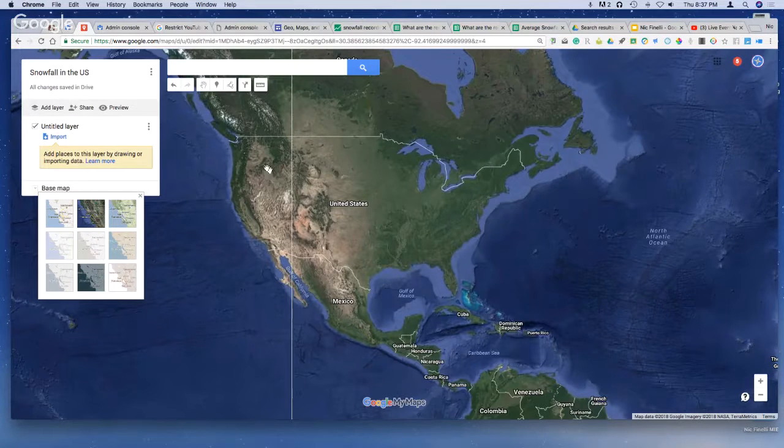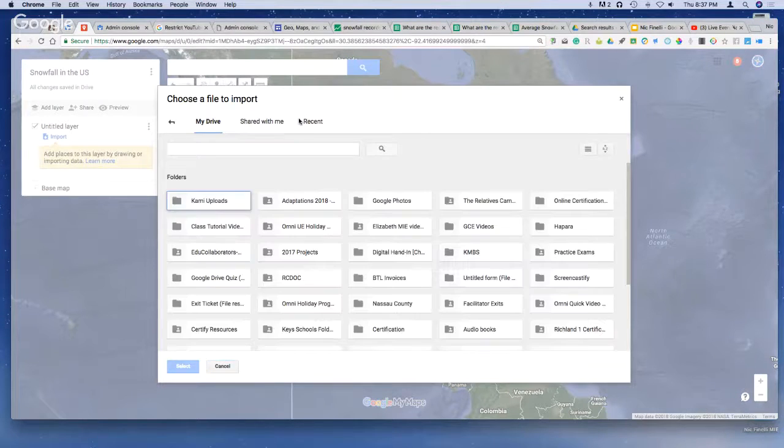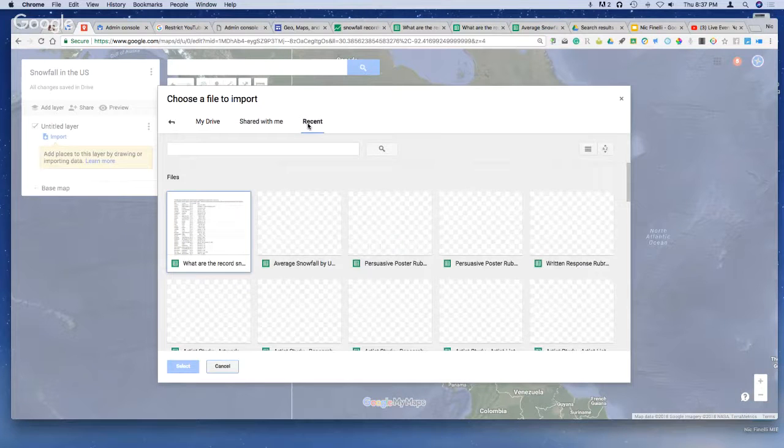So I have snowfall in the US, but I don't have any markers. I could add my own markers up here, just like you can on any of the maps. You can even draw lines and have it measure, but we'll talk about that another time. I'm going to import. And so when I click on import, it's going to say, well, where do you want to use it from? So I'm going to go from Google Drive, and I'm going to look at my most recent stuff